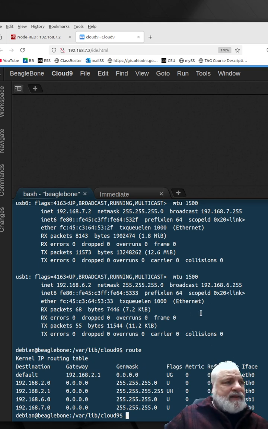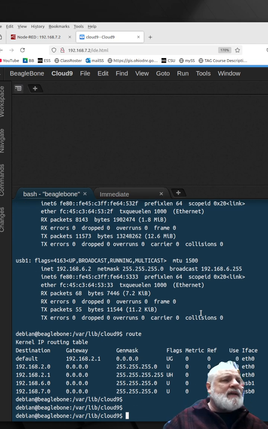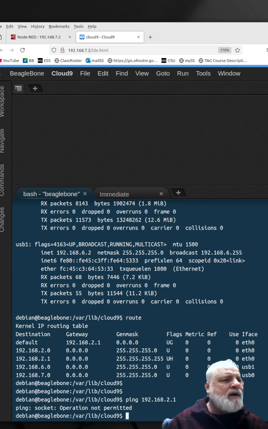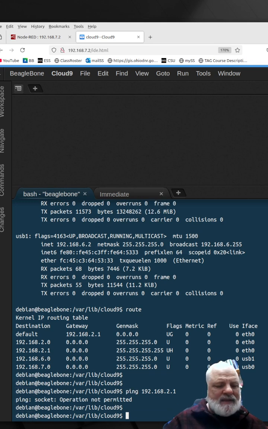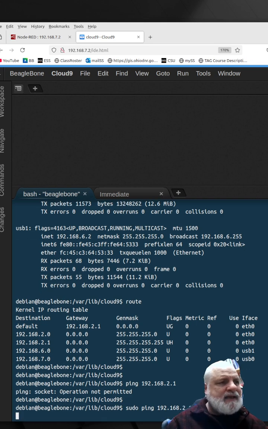Another thing we could do is try to ping another computer. So if I wanted to ping, I could type ping and then type the address of, say, my default gateway and see if I can ping that, 192.168.2.1. And when I do that, you see that I'm not permitted to do that because I'm logged in as this Debian user. So this is where that sudo command comes in. We can type in sudo ping 192.168.2.1,